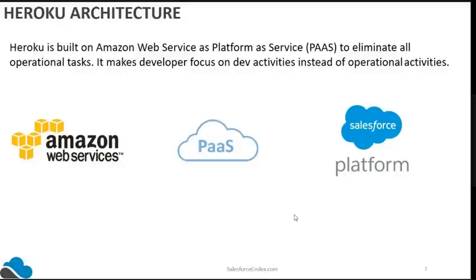Just take an example. If you take infrastructure as a service from any cloud platform, it can be Google, it can be Amazon, it can be Microsoft, anyone's. When you take an IaaS service, you have to set up your server, maybe Windows, or you may want to go with Unix or any other operating system. First, you have to install that. Then you have to install your language software, maybe .NET, maybe Java, all those also you have to install. So you have to do all those operations before you deploy your application.